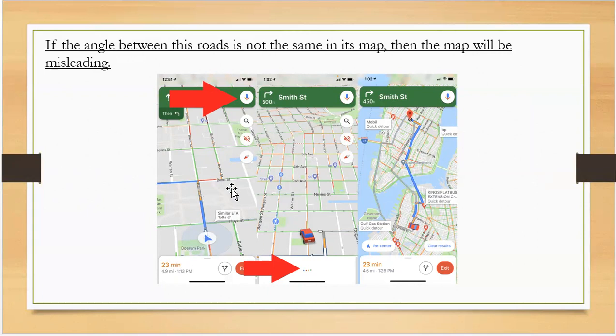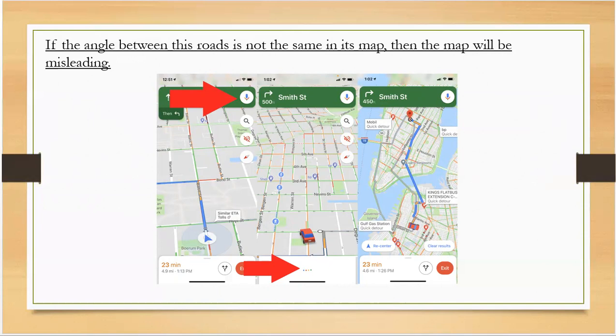You can relate this similar figure example to the maps. The actual length of the road in Mumbai is not shown in the map, because the map is a very small piece of paper. So there the length of the road is shown very small. But the angles which are there, they are shown exactly. If the angle is exactly 90 degrees, or if it is a slight turn, then it is shown like this, where I'm pointing my cursor. Like that, you can relate the concept of similar figure.